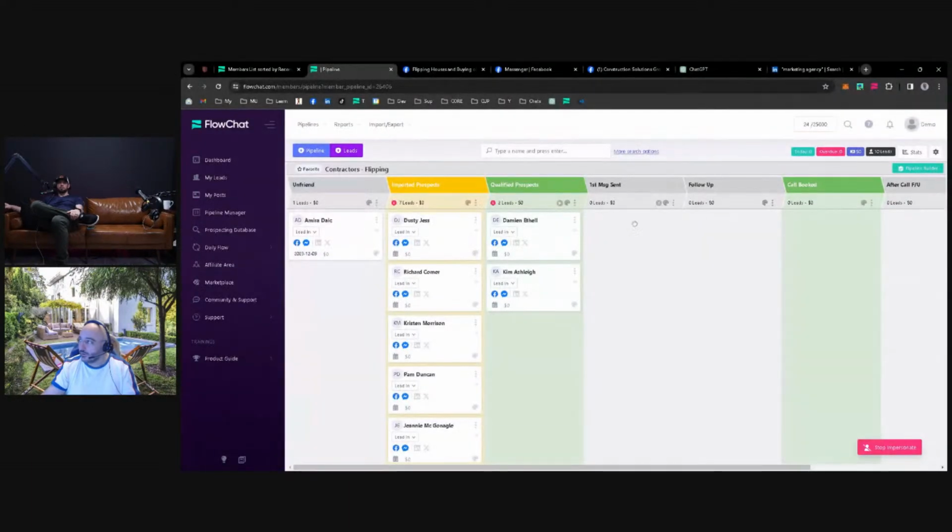So do they really need to be in your friends list, all of them? That's the thing, they don't. Plus you can still talk with them anyway, so it's not really an issue. So you pick a group, and you have them in stages and in pipelines. Let's say everyone is on a stage where they didn't book a call. Let's say I'm out of friends list, right? I go here and unfriend everybody on the follow-up. If I already friended them and I'm already in a conversation with them, I can just unfriend them. There's no problem.